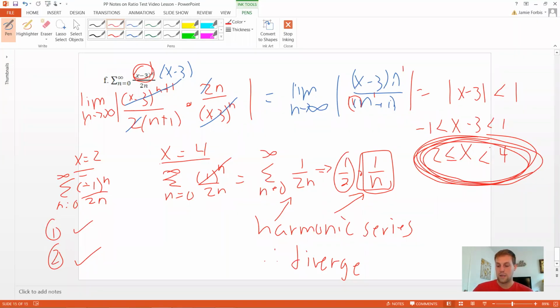But if you had 1 over n squared, that would be convergent, right? Yes, if this was 1 over n squared, you would say convergent by p series. And I'm going to do a video lesson later this week that's completely optional on the comparison test, and you'll see how the harmonic series and p series are very helpful for comparison tests. But anyway,